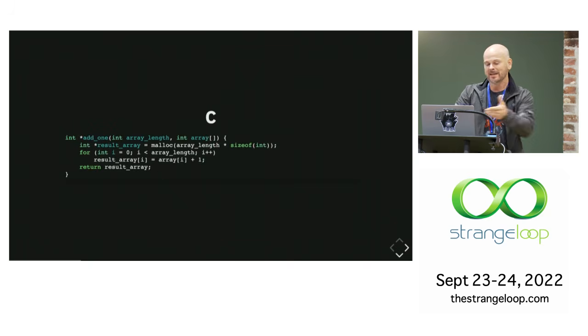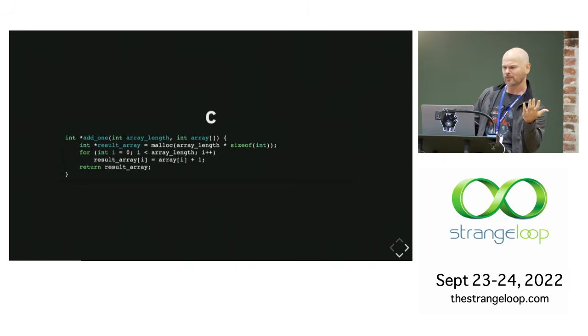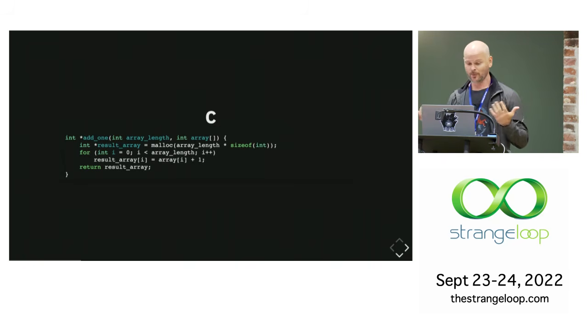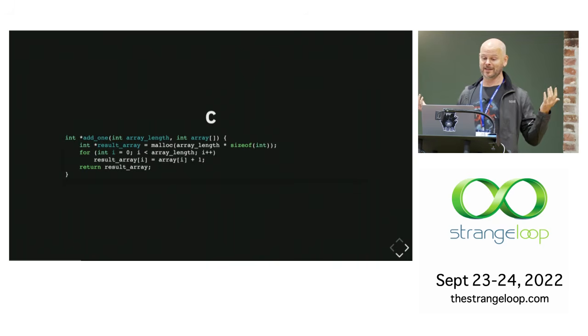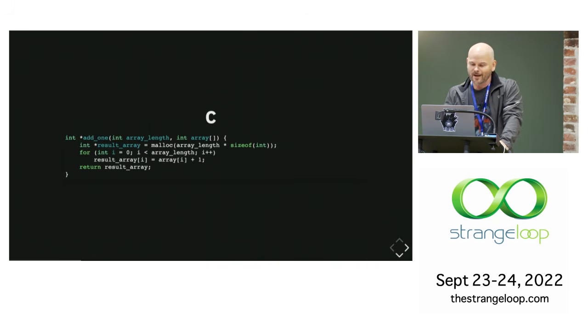Hey, look, it's C. This is exactly the same program, many fewer lines of code. However, it has a load of problems that have nothing to do with what I'm trying to accomplish as well. For one, I have to pass two things. I have to pass the length of the array separate from the array. Why? Because there's no sequence type in C. Great work, guys. So then from there, I want to return this value, this modified sequence. And what do I have to do?